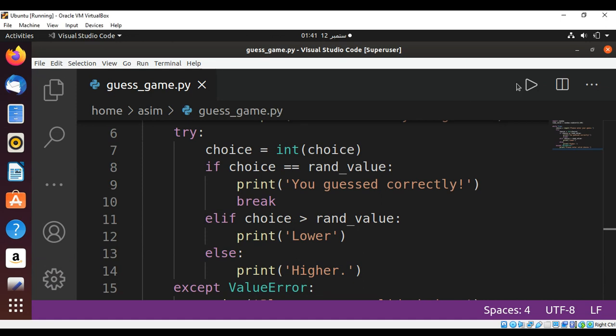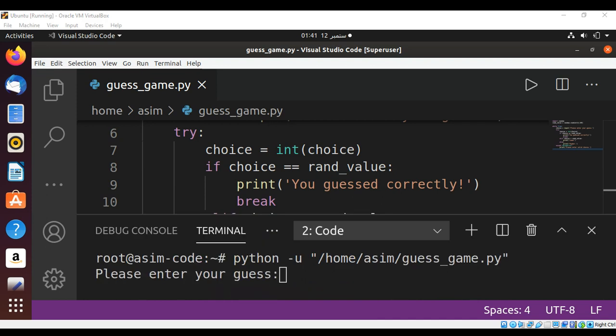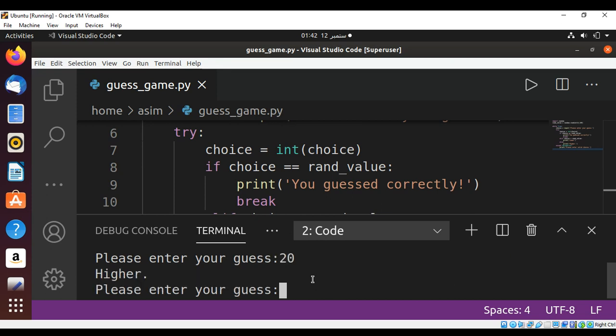And now we can run our program, and you can enter your guess. I'll enter 20, and it suggests I guess something higher. I'll go with 45 and still need a higher value than this one. 65, 85, 95, maybe 100,